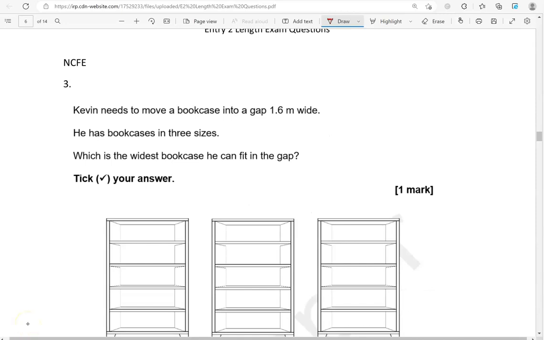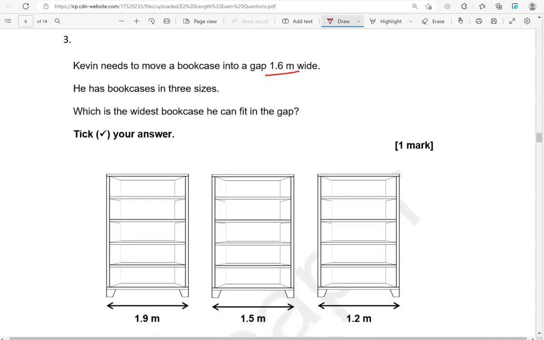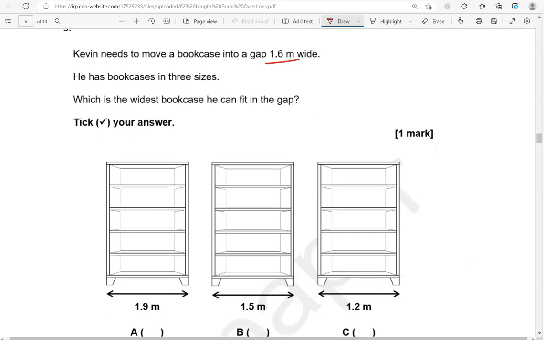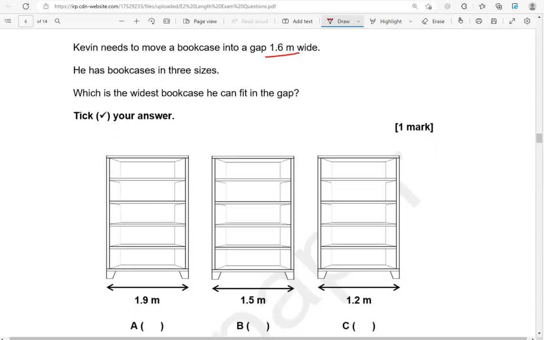Kevin needs to move a bookcase into a gap 1.6 meters wide. He has bookcases in 3 sizes. Which is the widest bookcase he can fit in the gap? Tick your answer. As we want the bookcase to fit into the 1.6 meter gap, then the answer should be